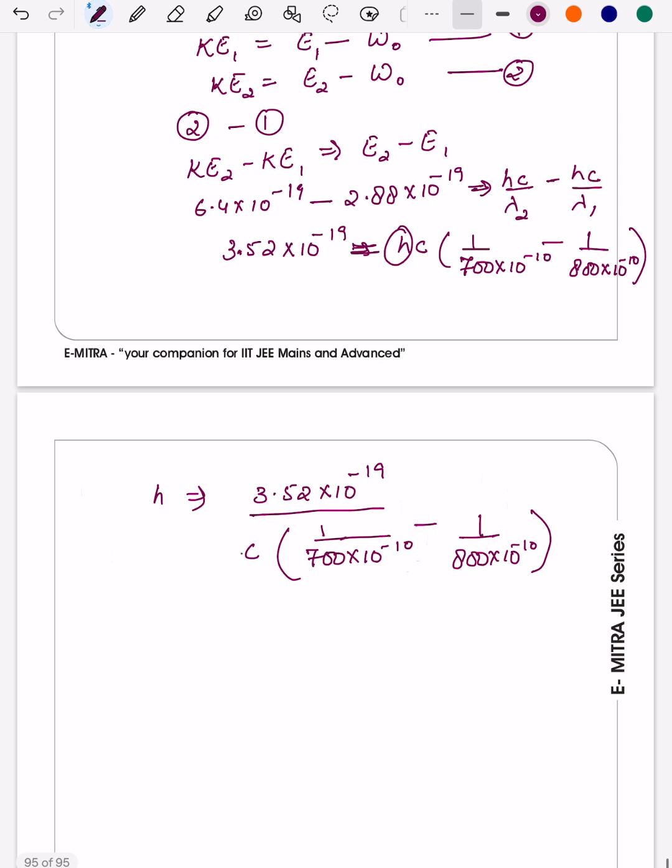C की भी वैल्यू हमको मालूम है. लेट्स सब्स्टिट्यूट हियर इटसेल्फ. C is 3 into 10 to the power 8 मीटर पर सेकेंड. तो अगर हम इसको पूरे को सॉल्व करें ये क्या आ जाएगा